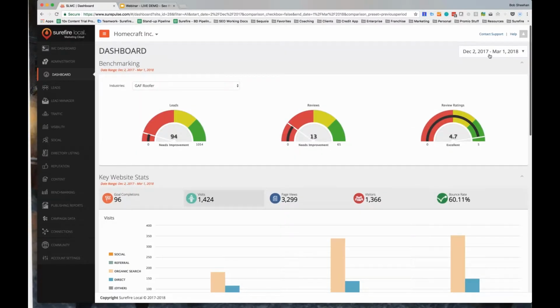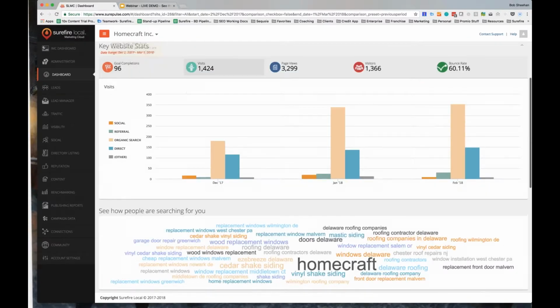In this case, it's 3 months, right? So I know exactly how many leads I've got. I know how many visits, how I'm trending for visits and page views, right? I can look at where the traffic is coming from. In this case, I think this is a good example of a date range that really helps us to understand